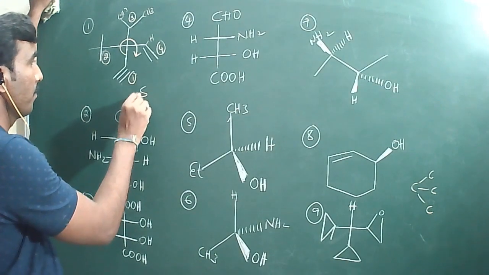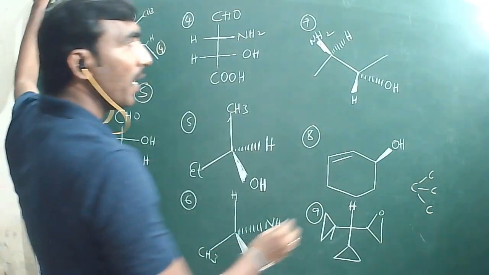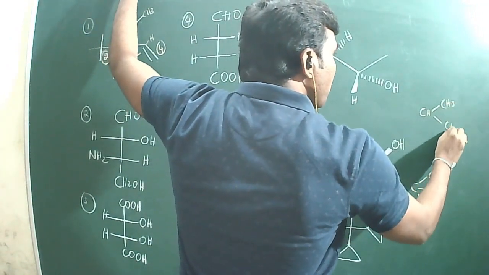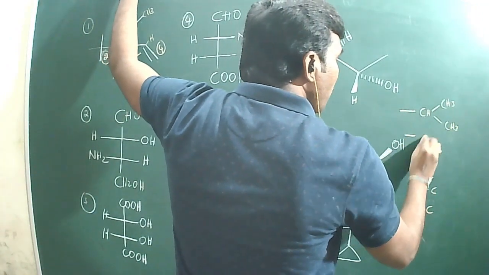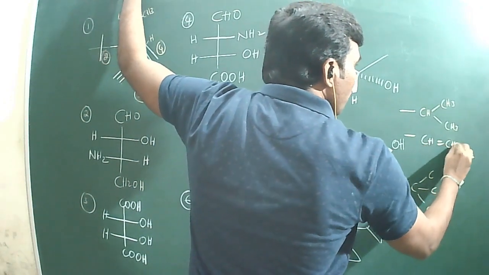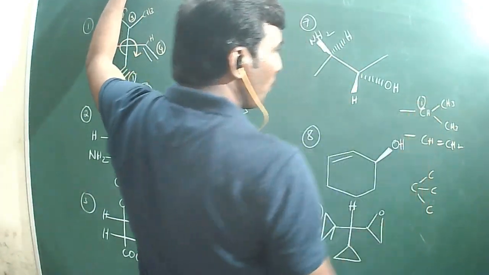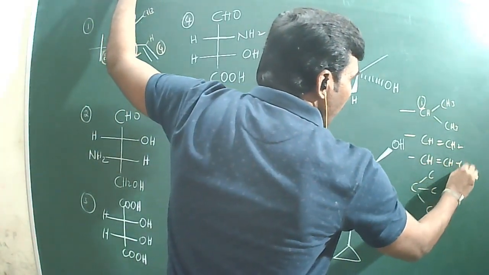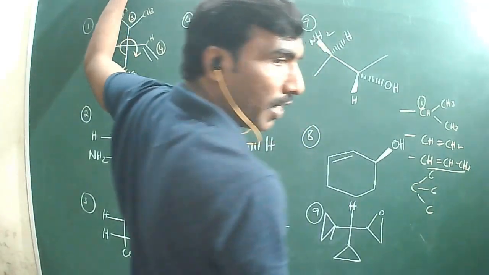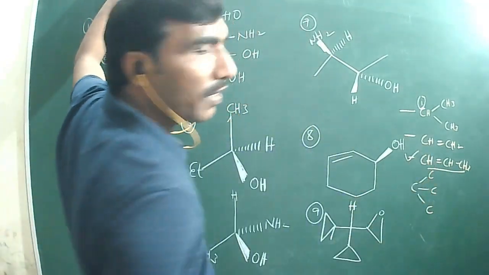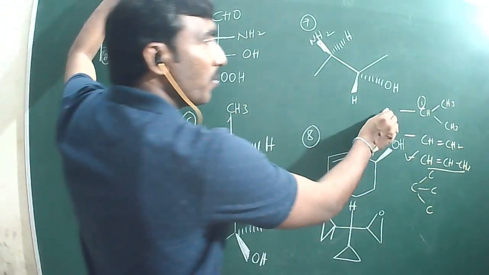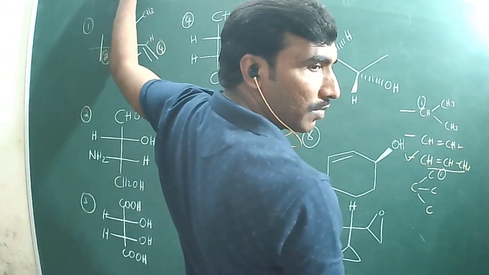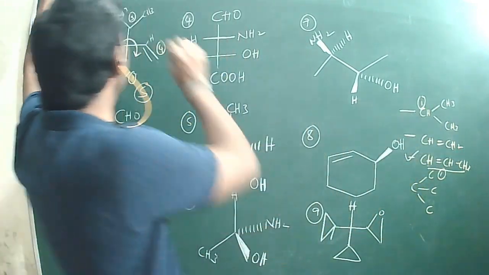Yes. If it is like this, isopropyl means I have taken like this, CH3 and CH3, this group, and if I take CH double bond CH2, between these two always it will get more priority. If I take this one, CH double bond CH and CH3, it is also 3 carbon atoms. In this case I will get this one as the more prior. Compared to isopropyl, this is more prior. When it is also having 3 carbon atoms. But here it is having 2 carbon atoms, so this is S.